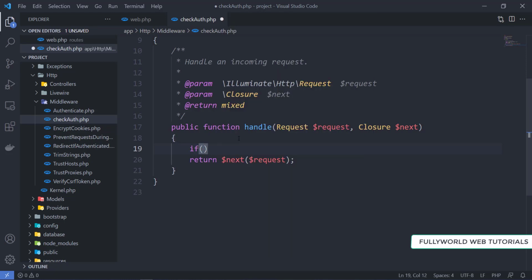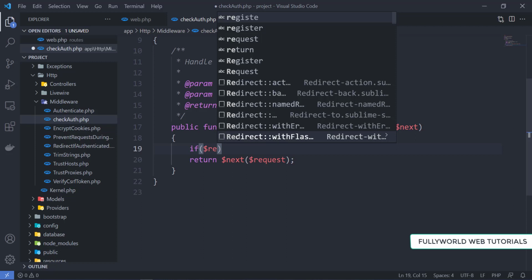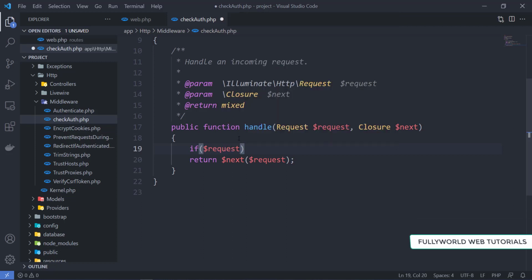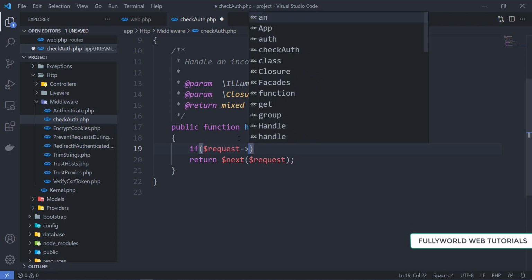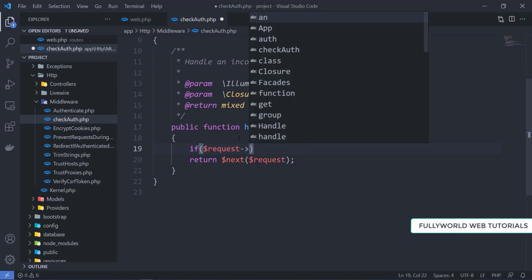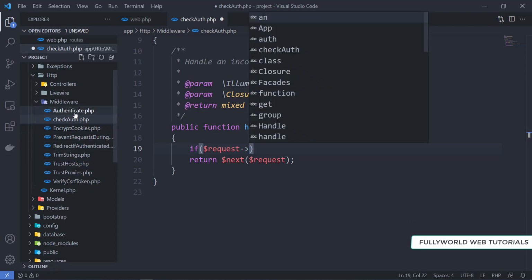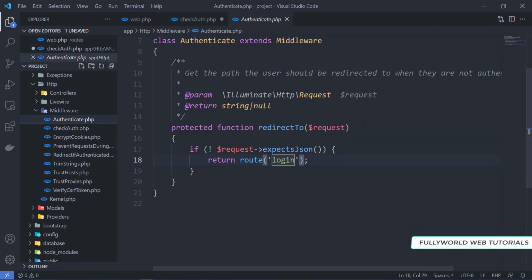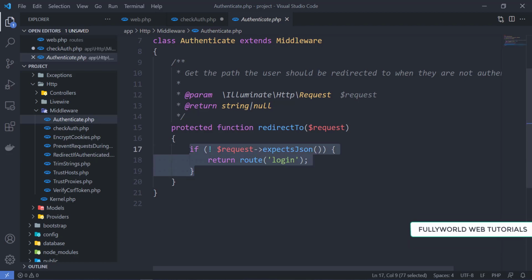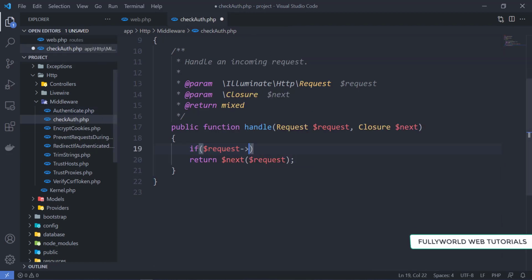Now here we have to do one thing. We have to check if the user is logged in. So here we will take the help of $request, and here we will get the user. We can also take the help of this one, the expectsJson check, same thing as before, so we can copy it and paste it here.